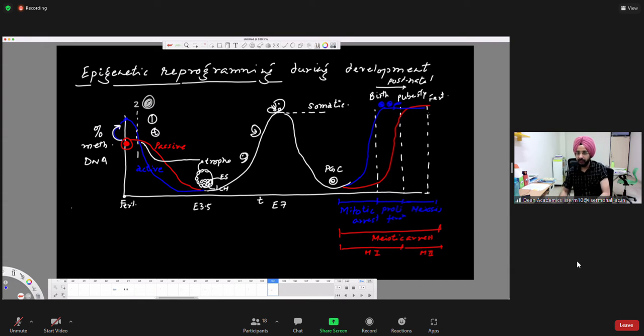So meiosis 1 is a very long arrest. Okay, so you have the oocyte here, but that is arrested in 4N DNA, not diploid 4N. Which means DNA is replicated, but it is arrested in the 4N stage for so long, it can remain arrested for almost 40 years. In total, if you count M1 and M2, it remains in meiotic arrest for almost 40 years.